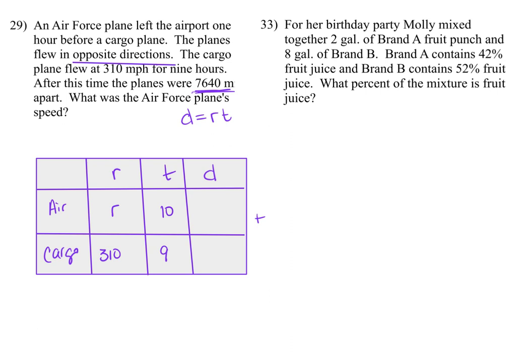Because you're never going to have it, by the way, where it asks for a rate and you also have a variable for time. I'm not going to give that to you at this point. So you're never going to have a variable for rate and a variable for time with problems like this. All right, and then just multiply across for distance. 10R here,